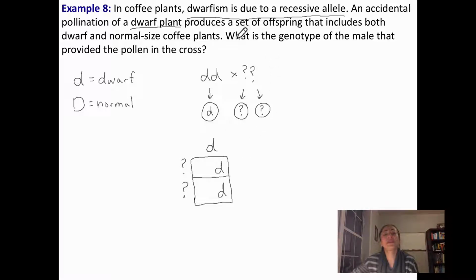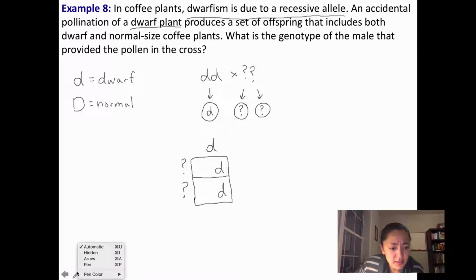So let's look back up here at the question. The statement up here says that their offspring included both dwarf and normal-sized coffee plants. So do we know what this other allele would have had to be to make dwarf and normal-sized plants? Well, let's think about the first one first, dwarf. If this plant suffered from dwarfism, what would the other allele have had to be that they got from this parent? Well, to be a dwarf, it's caused by a recessive allele, so you would have to have 2 of them to actually have that